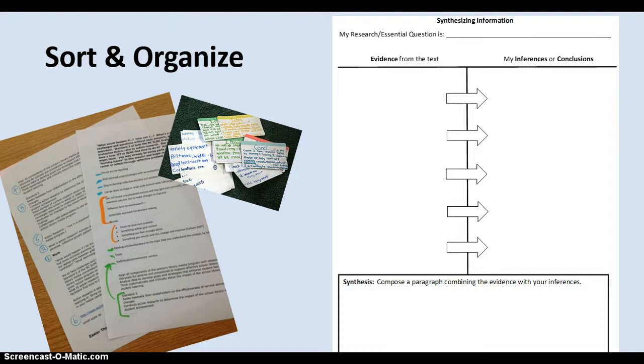To get started synthesizing, sort your notes. Put them in categories or groups. Note cards work well for this, or you can give the same color or number to facts that seem to go together. You might use a graphic organizer like this one that's on the Media Center website. You might arrange your facts and ideas chronologically, or start with basic background information first, and then add more complex ideas. Think about whether there is a natural sequence for your topic. Make an outline or storyboard.